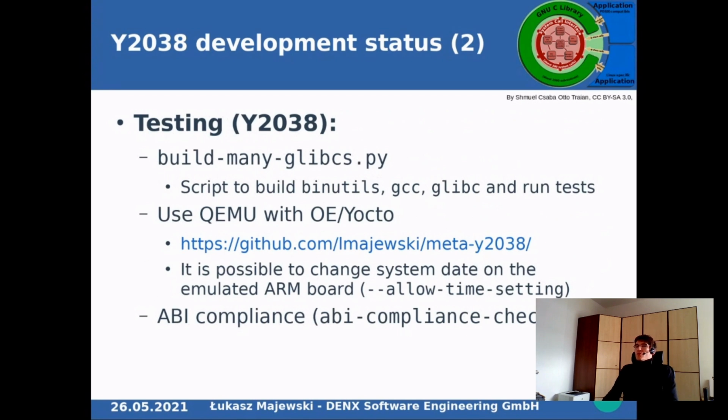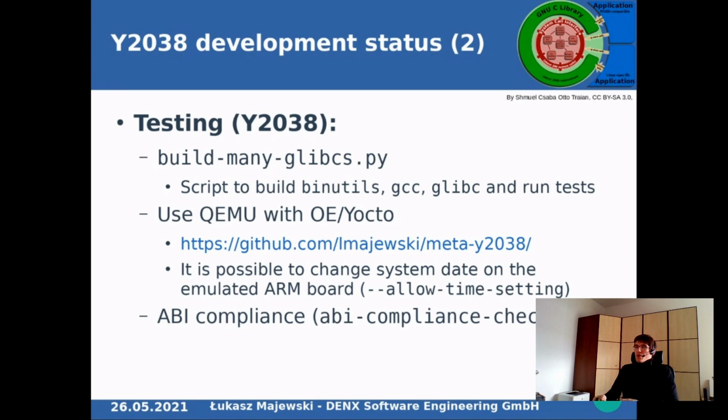And now I would like to discuss a bit how users can test whether their systems comply with year 2038. First, one can use the CI script, which is built on glibc. For all supported ports and architectures, this script builds binutils, GCC, glibc, and on top of it, it runs glibc tests. Then one can use meta-year2038, which is a Yocto meta layer that allows you to build the glibc under test and then use that BSP to run a QEMU-emulated 32-bit ARM board, and then use that board and the glibc